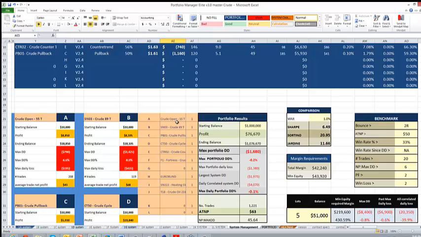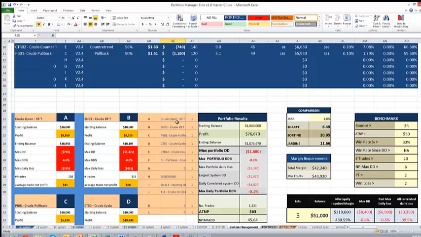Because adding additional strategies in can have that effect. It can obviously improve your overall net profit on your strategy, on your overall portfolio, and also reduce the max drawdown. So that's one thing we could definitely do. We could add in multiple strategies there that could help us with this entire process.